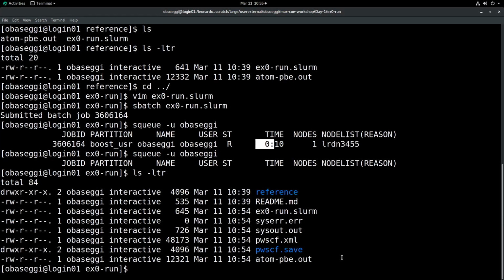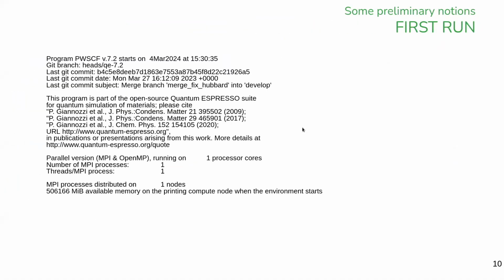And show. This is the file that's created from PW, the XML that Ivan showed you before. This is the directory with all the information from PW, and this is the output. Now, in the first part of the output, there is some information about Quantum Espresso, the version, some articles to cite. There is not the latest one because this version is 7.2, not the latest, and also all